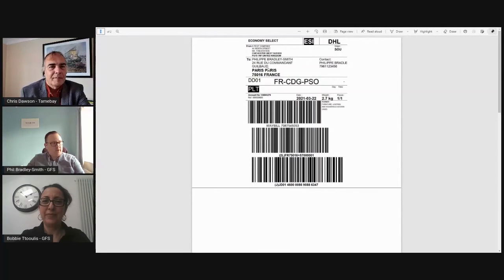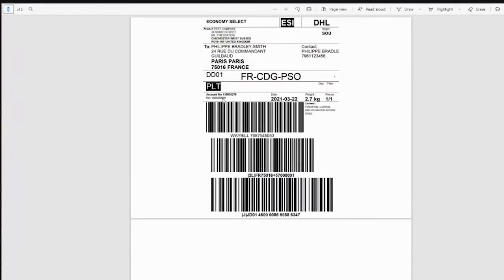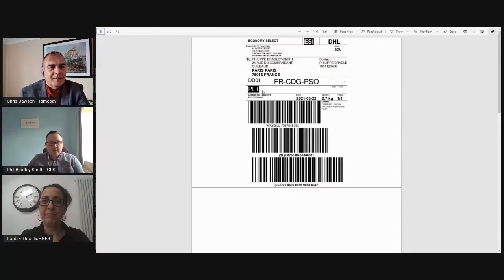So we've got the delivery address of Philippe in Paris. It's PLT because France is a PLT destination. We have our order reference here. What that means is that all of the data for customs purposes and customs clearance has been passed electronically to the carrier. So there's no need for us or our customer to have to generate any commercial